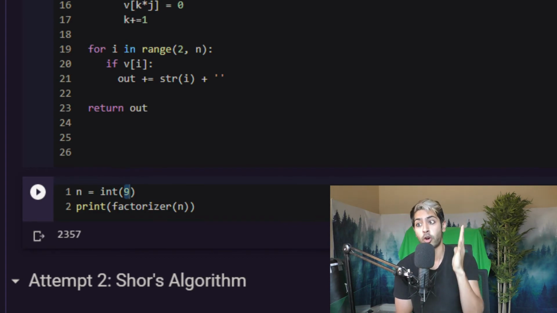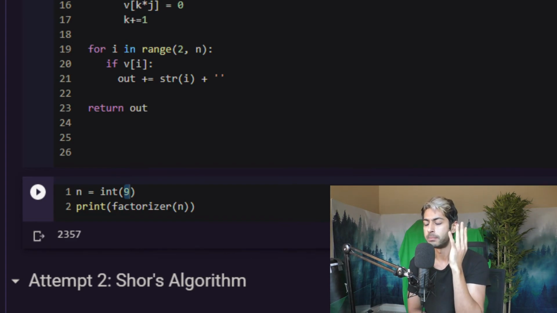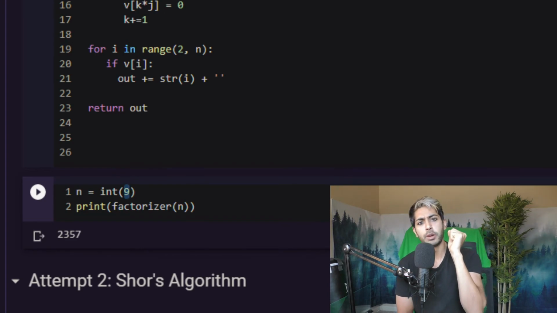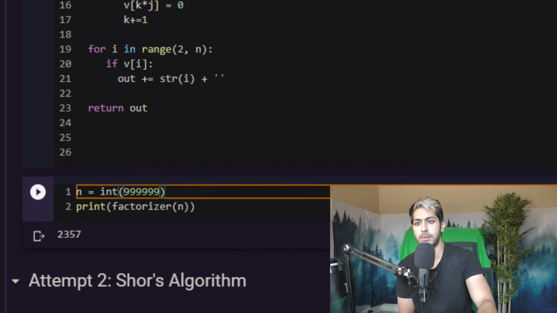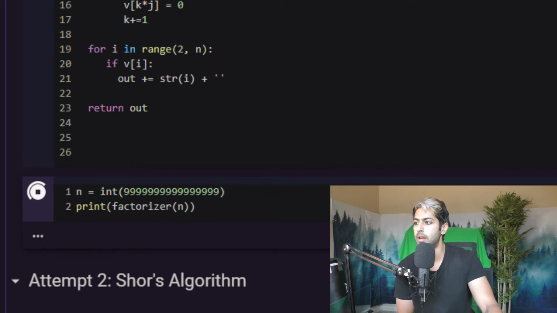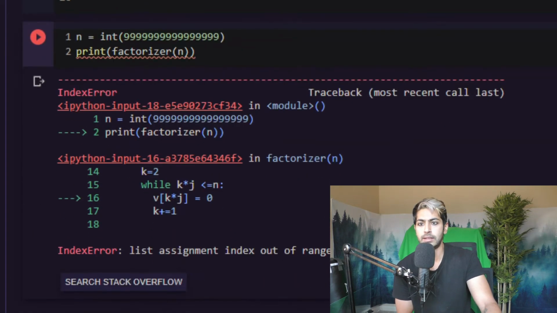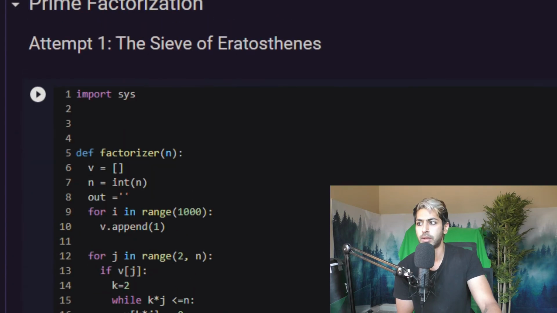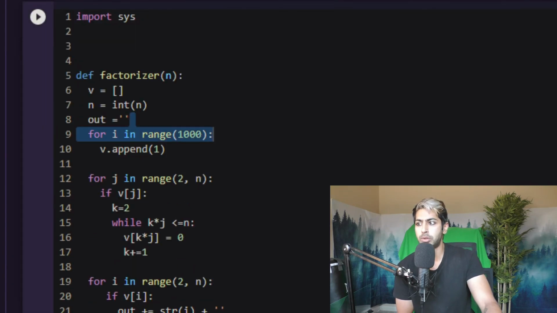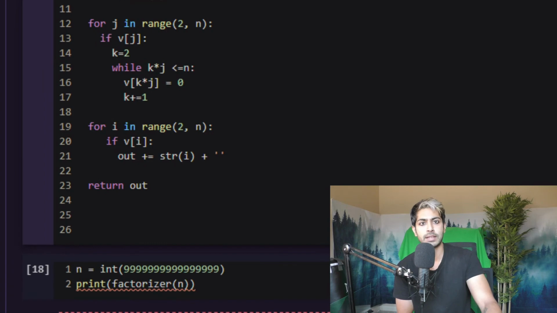RSA is using 2 very large prime numbers, like giant prime numbers. So if we want to find the prime factors of giant prime numbers, let's put in 9 million, 9 trillion, whatever. What's going to happen is we're going to have a Stack Overflow, list assignment index out of range, which means that we have to increase this 1,000 up to a really big amount. And even then, it's going to take a long,